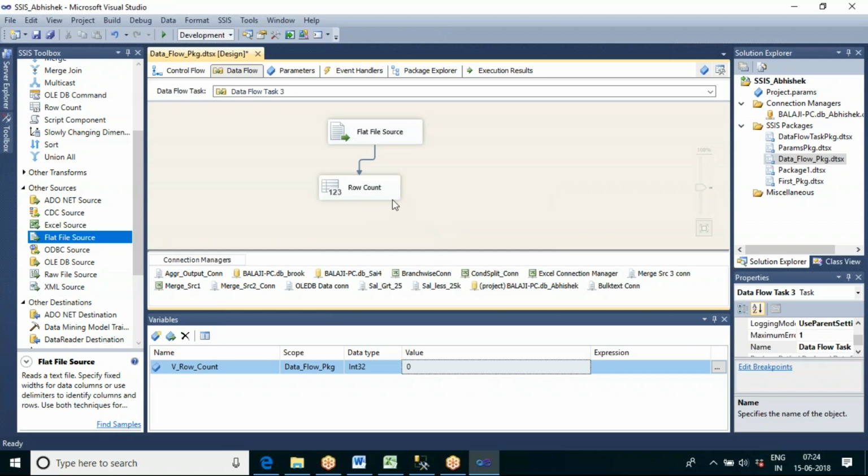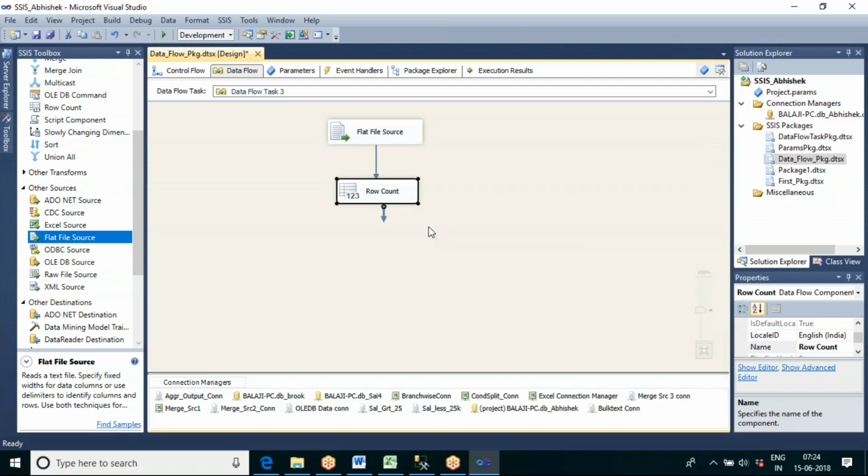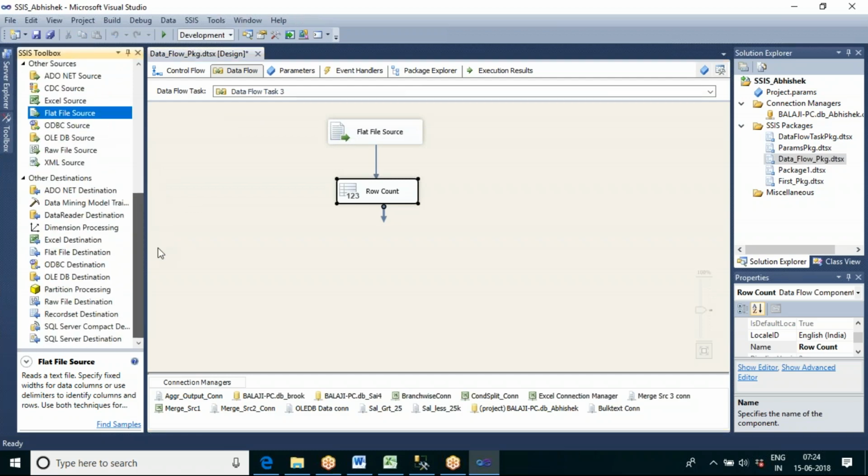But how to see that count? How to see the value present in that variable? We are storing the data in a variable, and how do we see that value? Inside the data flow task, we don't have a facility to display the value present in that variable. So what I can do is put the data into an output, let me put that output in a flat file destination.